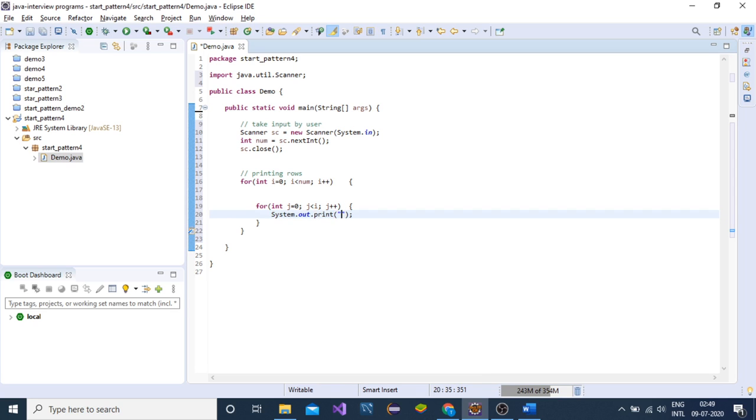I will go through all the concepts, don't worry, I will try to teach you every concept. I will not leave any concept, don't worry. Let me complete first. This loop is responsible for printing a space,